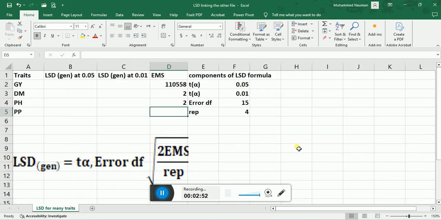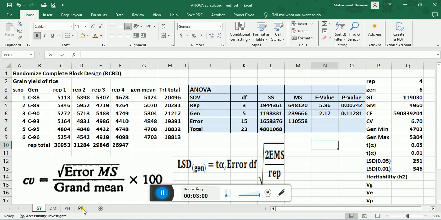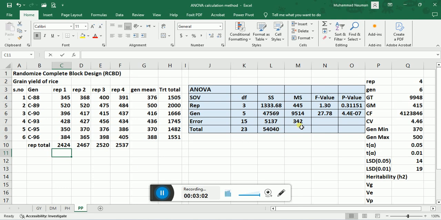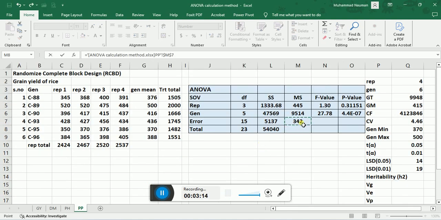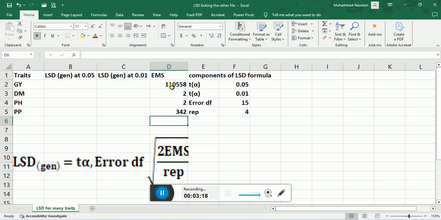Press enter. Now the pods per plant worksheet. Here is the error mean square. Press enter. You can change the decimal in this file also.